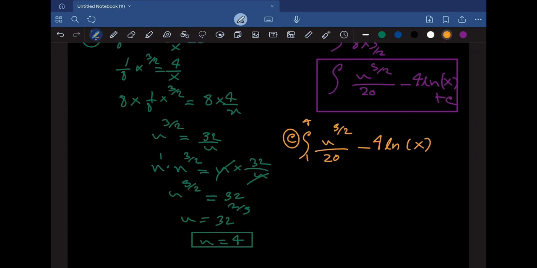So what we'll do is, we will use 4 right here. So it will become 4 to the power of 5 by 2, which is 32, divided by 20 minus 4 ln 4, minus 1 by 20